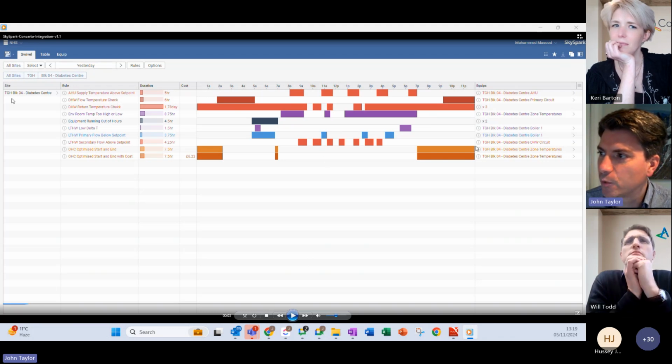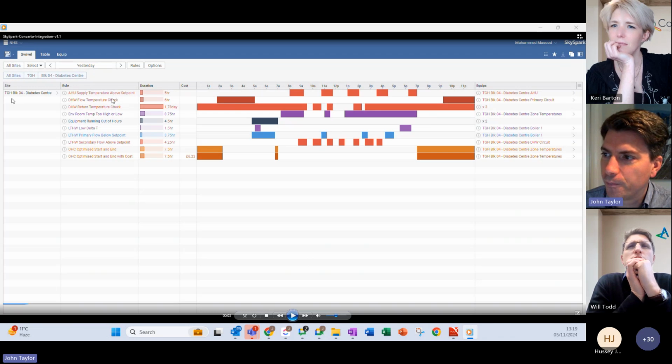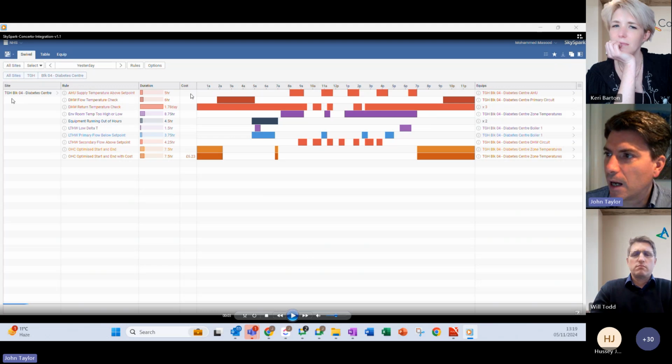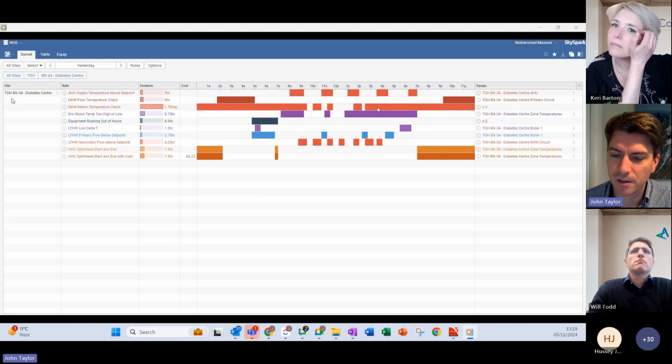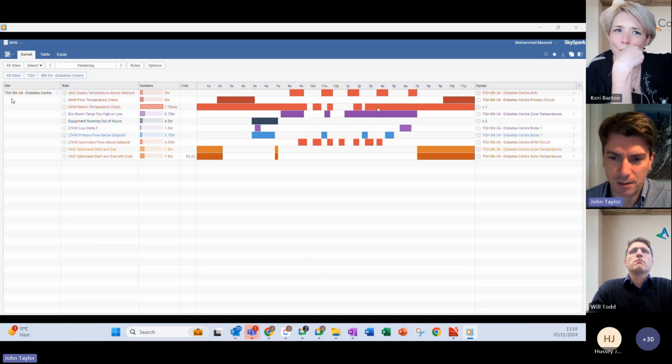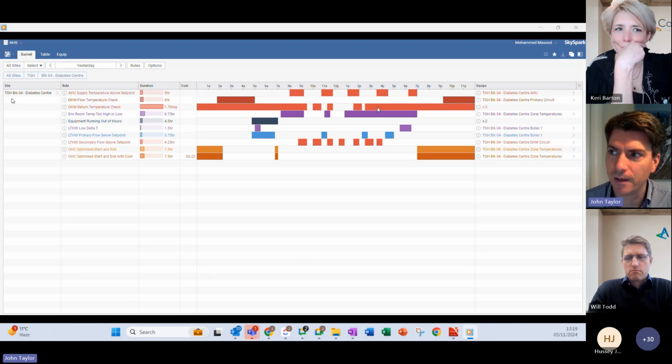But what I mentioned earlier about visualizing is that on a BMS, you'll get a whole range of alarms going off, some useful, some not. What we're trying to do is show these alarms over a period, this is a period of 24 hours, when that alarm has sparked, how long for, and how big an issue it is. You can modify this visual so that you look at it over a number of days, and you can start to see the repeating patterns of things that are happening occasionally or regularly, and actually assess what the cost might be.